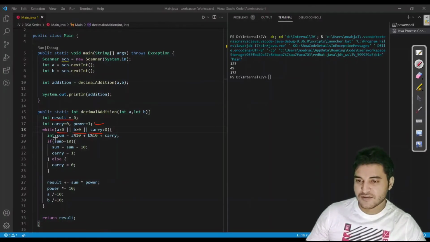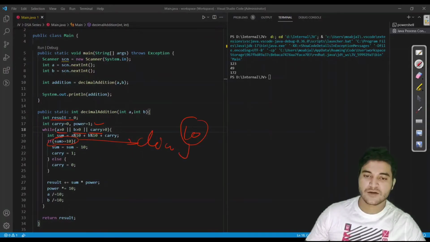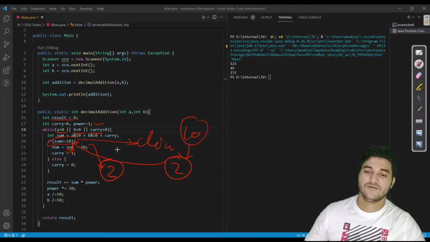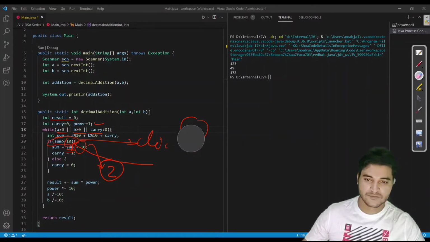We are taking the result of the last 2 digits addition with carry in the sum variable. If sum is greater than 10, so here we were adding decimal to decimal, that is why the base was 10, but here we are adding binary to binary, so base is 2. So we would write 2 here instead of 10, and we are subtracting the base from result, which is 10. Now we have to replace this also with 2, and we are done. We do not have to do anything else. We just have to replace these two numbers and we are done.